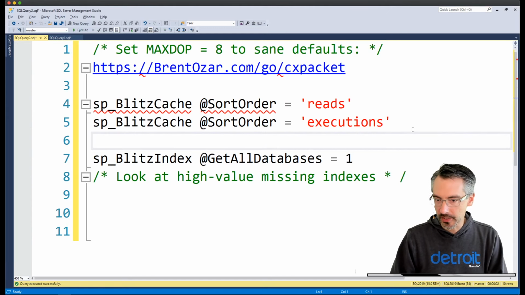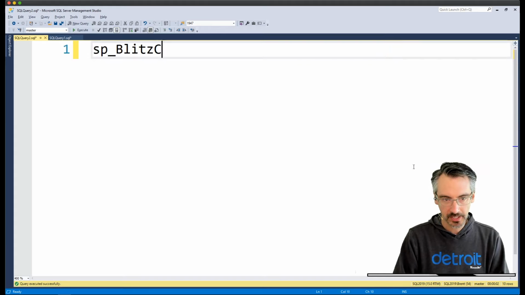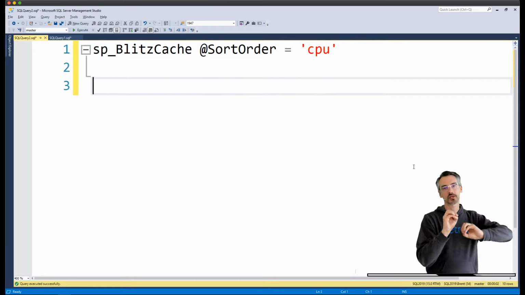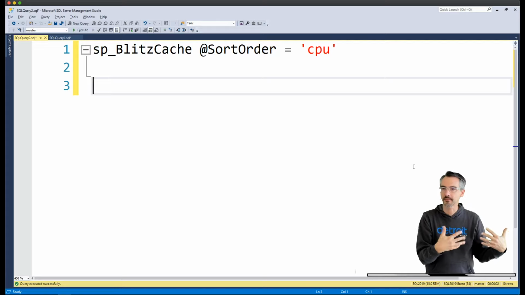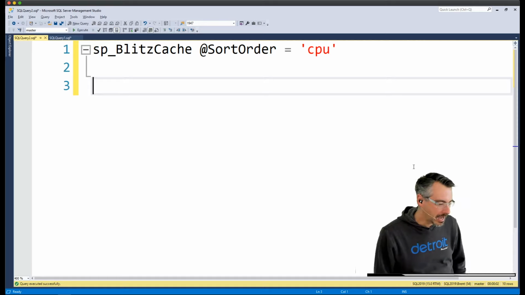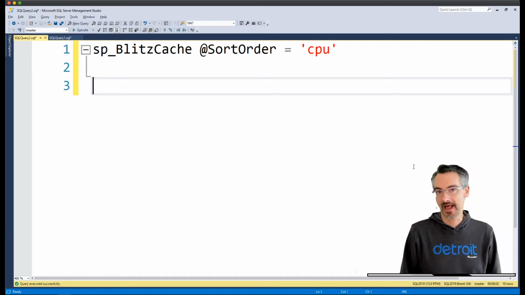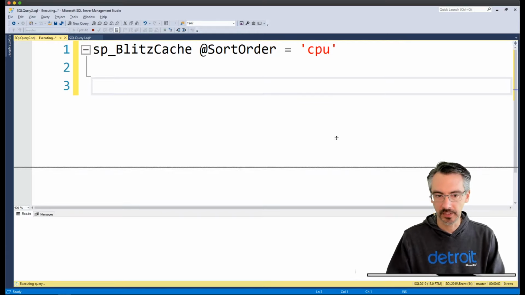And you may have noticed that in some of the other ones in here, I said sp_BlitzCache sort order equals CPU. And I said you want to tune for things that cause high CPU usage, which isn't necessarily the things we usually think about in terms of logical reads. For you, because it's not happening that often, it might actually be out of the plan cache. So just pay very close attention when you run sp_BlitzCache.